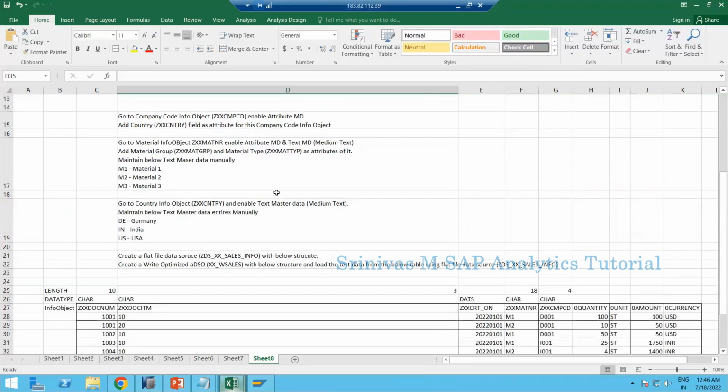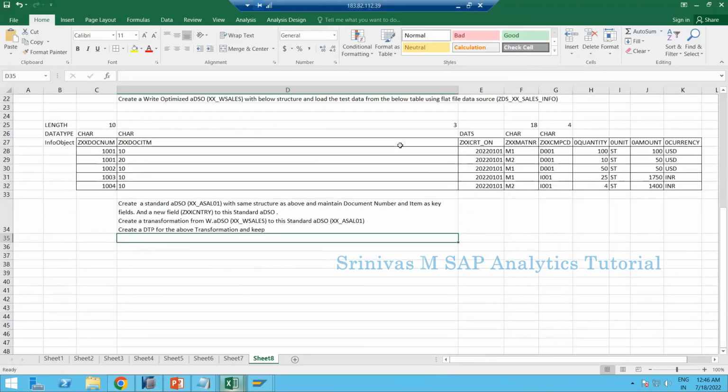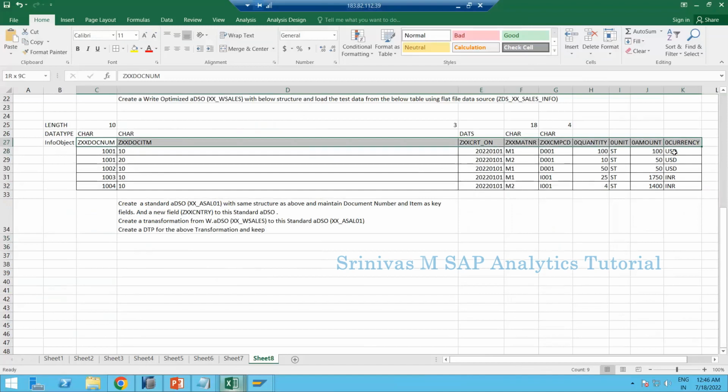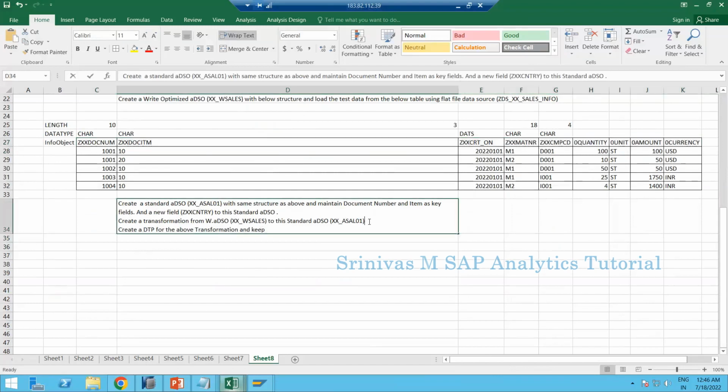So on write optimized ADSO, you have only these many fields. I mean, how many? You have around 9 fields are there. But in the standard ADSO, apart from this 9, you are adding one more extra column, country column to this one. So create a transformation from write optimized to standard ADSO, and then